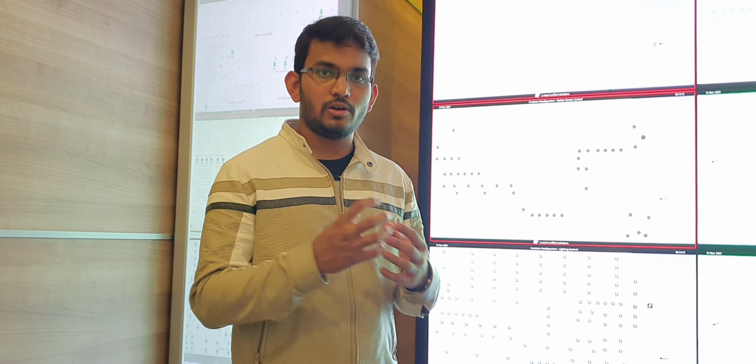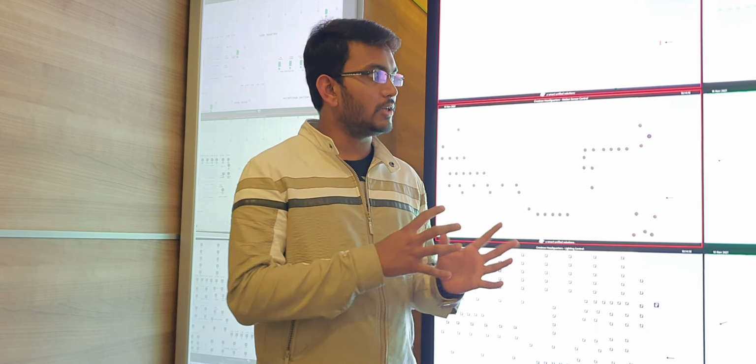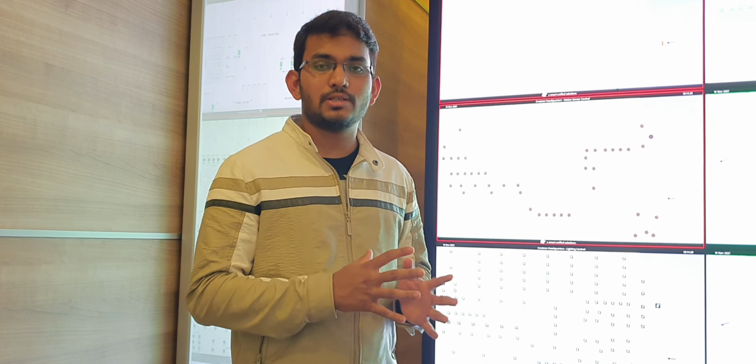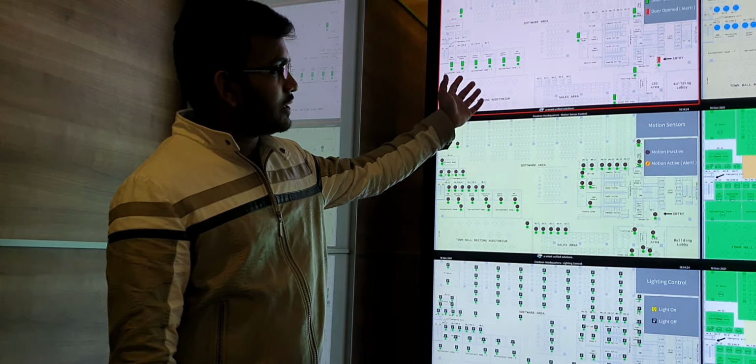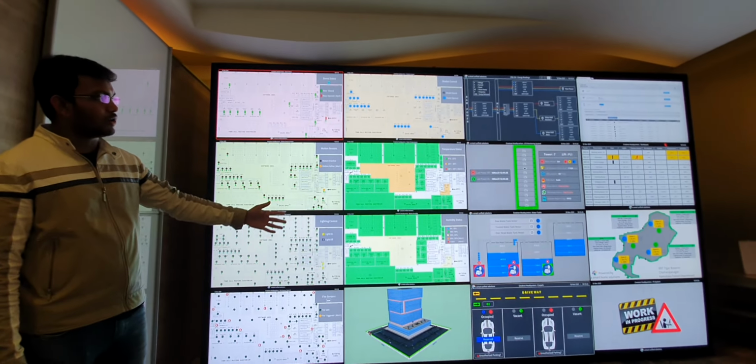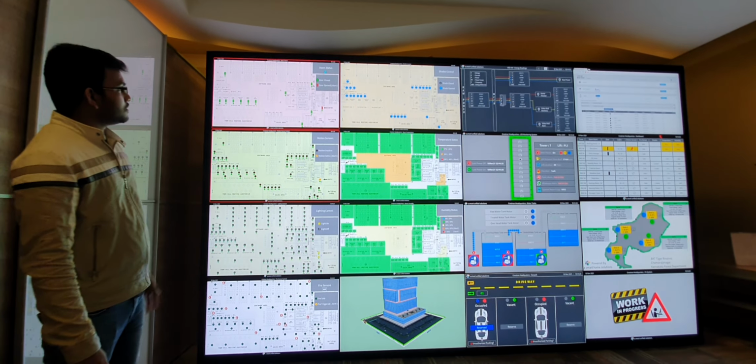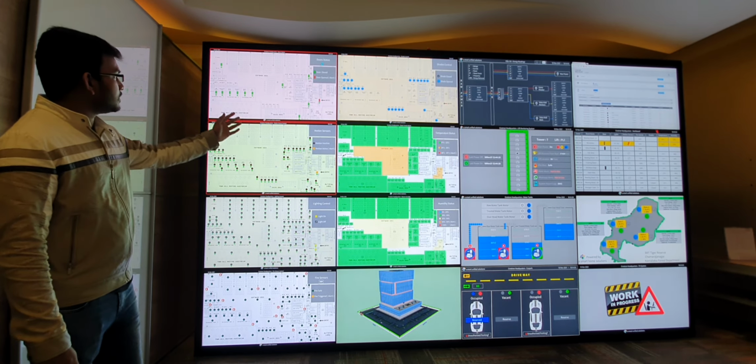Let's talk about building management system using video wall. So building management system is nothing but controlling and monitoring all the automated control types which are there in the building. You can monitor all at one location, which is nothing but the command center. So here we have different types of control types which we can monitor in a building. So let's talk about one by one individually.